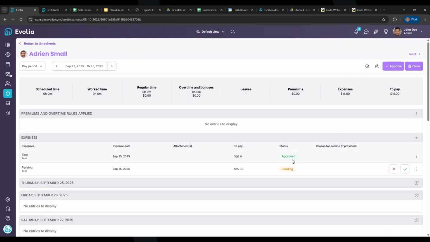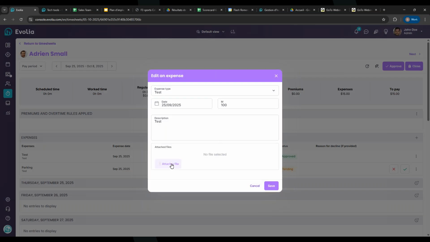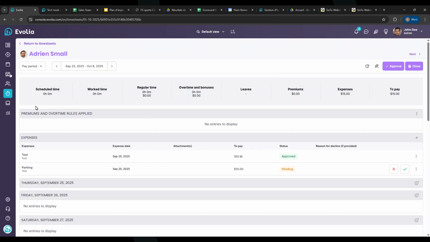So there's a question in the chat. It says, can employees add photo or receipts from the app? Yes, they can add a file or a picture of the receipt from the app. It is possible to do so from the mobile app, absolutely. And then from there, you'll be able to see from the approval window that picture that the employee added. So this is what we've made as improvements to the